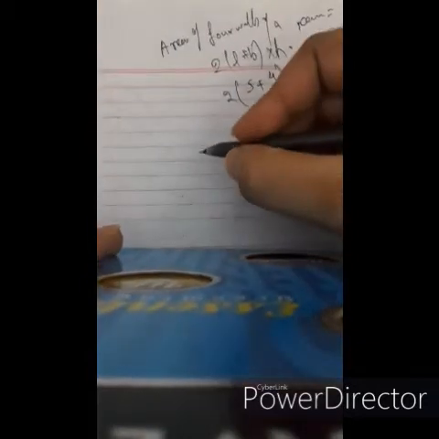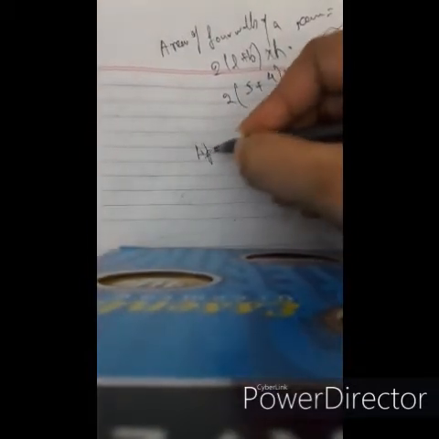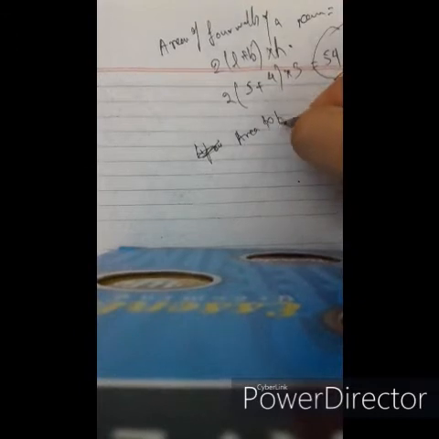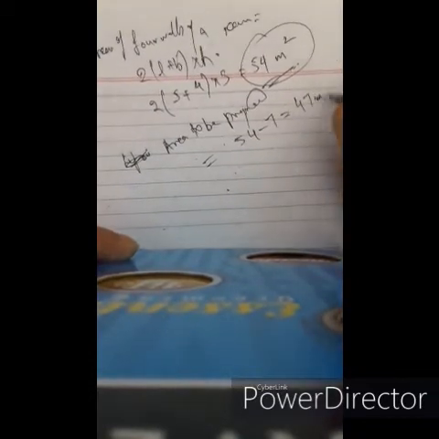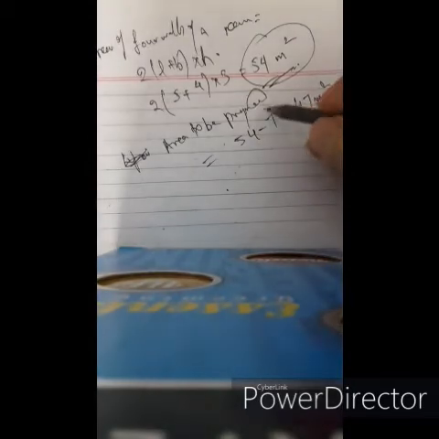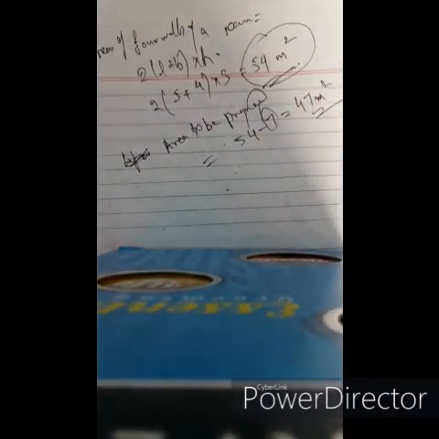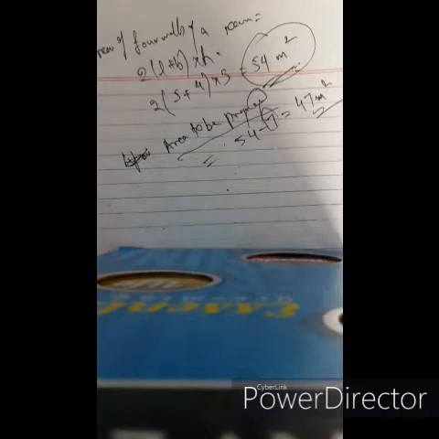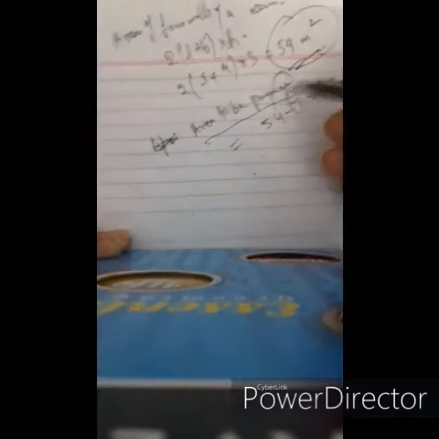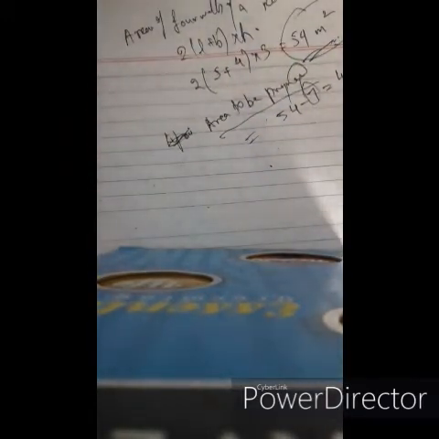So the left out area to be prepared for walls is equal to 54 minus 7, that is 47 meters square. Because 7 meters square was for doors, windows, etc., that is to be omitted from the total area of the 4 walls. That is the area to be prepared. Alright, so each piece of paper, it was given that each piece of paper was 4 meter by 50 centimeter.